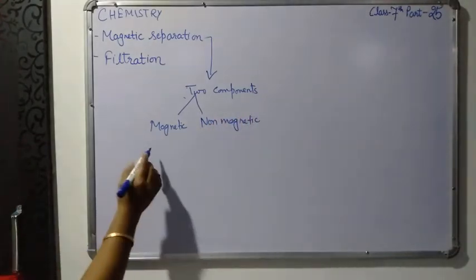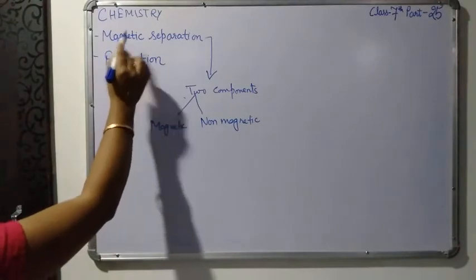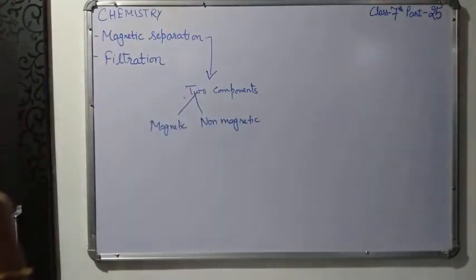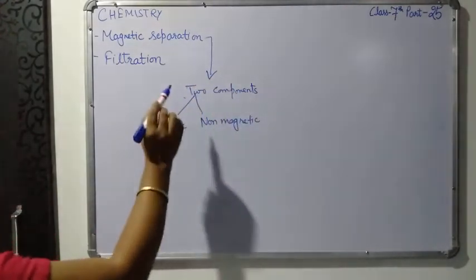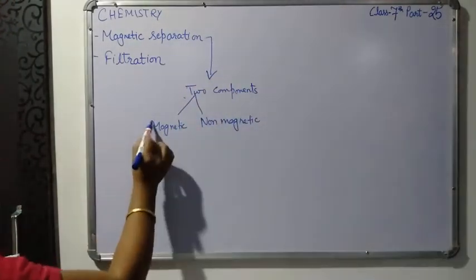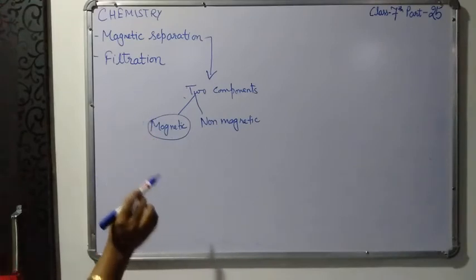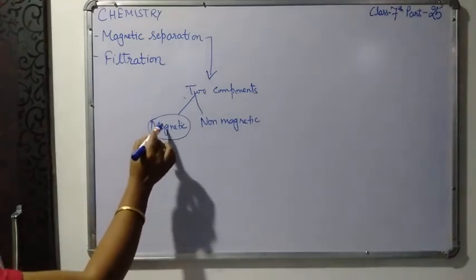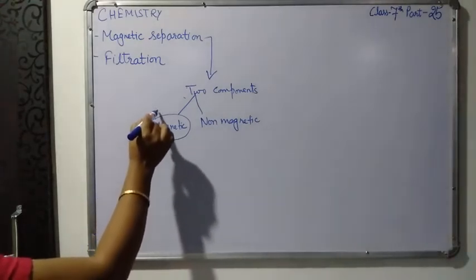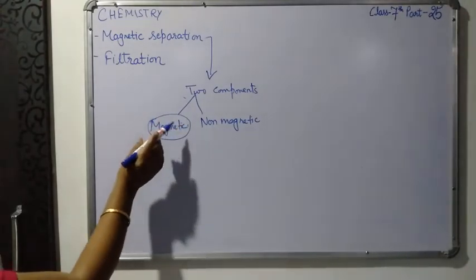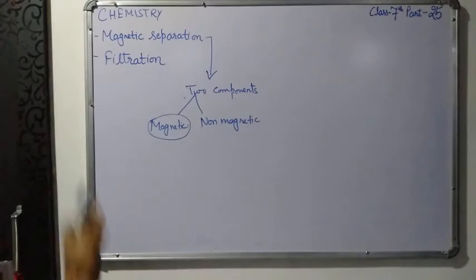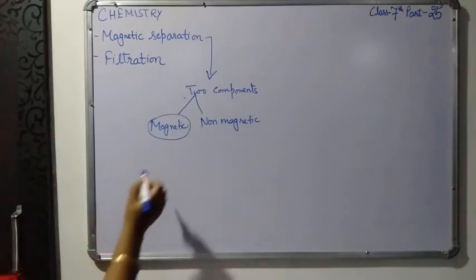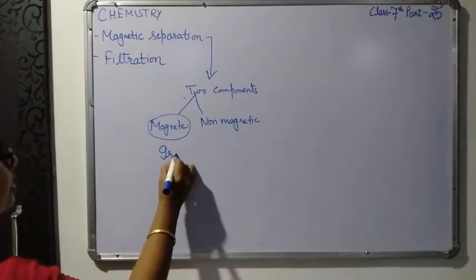Whenever you have to use the magnetic separation method, you have to be very careful that between these two components, one substance should be magnetic in nature. Magnetic in nature means if you bring a magnet near that substance, it should be attracted towards the magnet. A very good example is a mixture of iron filings